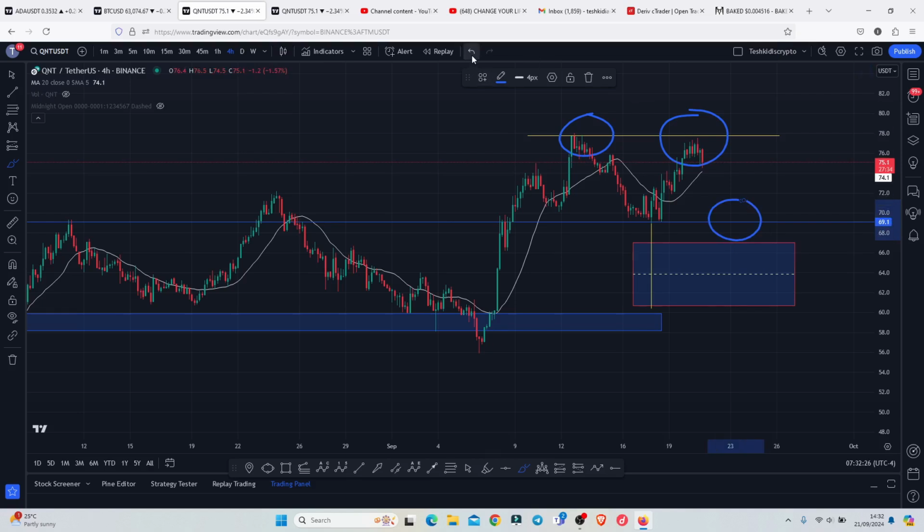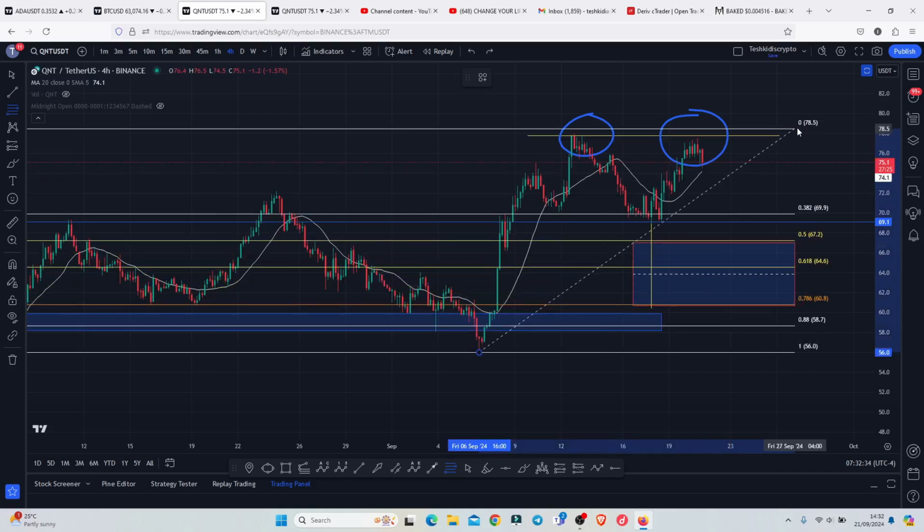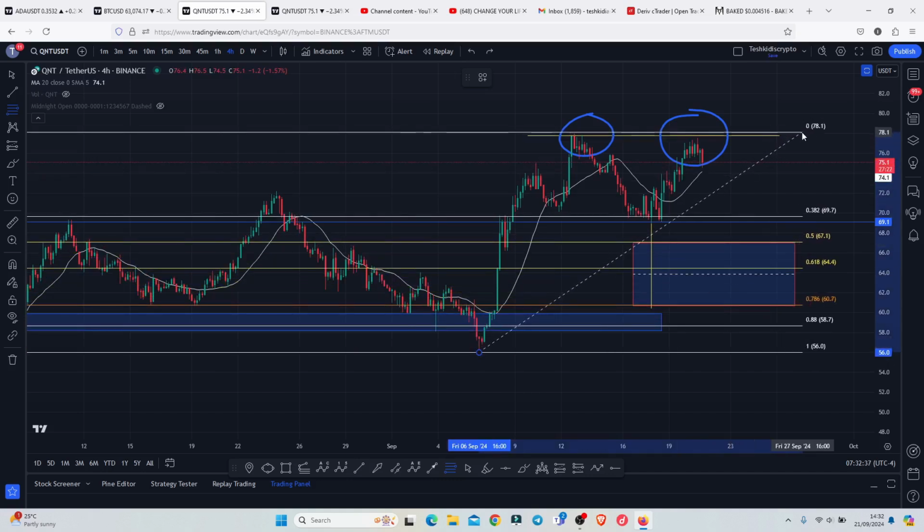Also using the Fibonacci's, pulling the fibs from the lows that we made on the 6th of September to the highs that we made above the $78, we also get an area that we need to continue holding as support between the fib level 0.5 and the fib level 0.78, and that is between the $67 and the $60.7, which is the area that I have highlighted